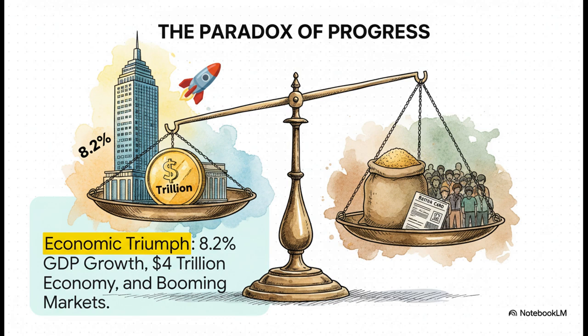It points to a deep structural challenge. It suggests that our growth might be K-shaped, where the top is rising very quickly, but the benefits aren't trickling down enough to the bottom. Maybe it's due to income inequality, or maybe it's a pattern of jobless growth, where the fastest growing sectors don't create enough jobs for everyone. It shows that while we're creating national wealth, we're still grappling with how to distribute it equitably.